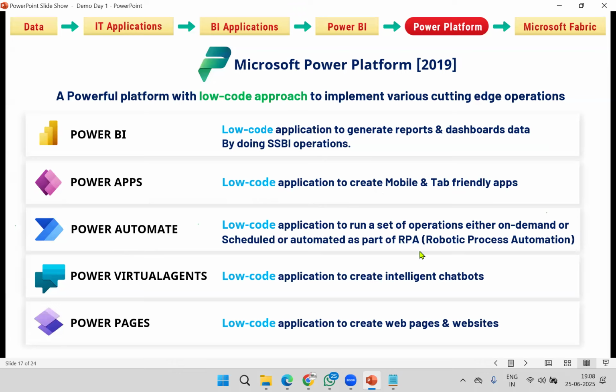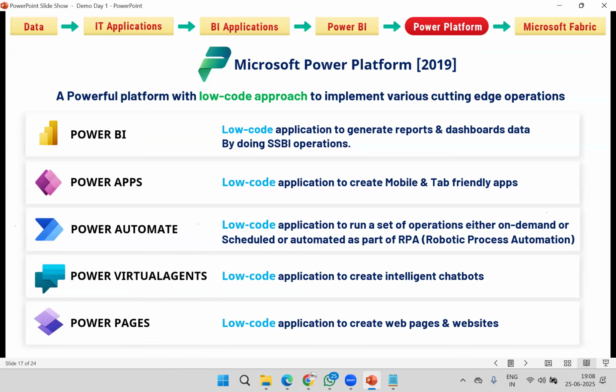Power Apps is for app development for mobile and tabs with less code. Power Automate is for robotic process and automated process, low code. And Virtual Agent is for chatbots. When you open a website or a blog or a mobile app, you will see a "how may I assist you" agent. That is a chatbot. You want to create this component easily. If you want to create websites or web pages easily, then go to Power Pages. This is the 5.